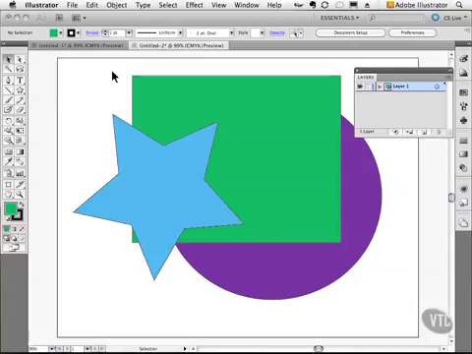Let's take a look now at how to form groups and how to ungroup things, and also why that's important. Now, we already talked about how to use layers, and we talked about the stacking order and how to select things. But sometimes you want to have certain elements that are of a similar nature, for example, a whole bunch of stars, the same color, so that you might want to create a group that contains elements that contain the